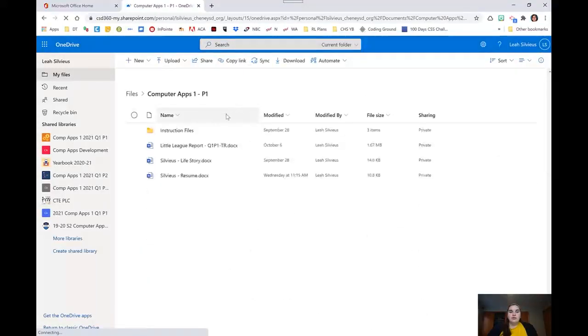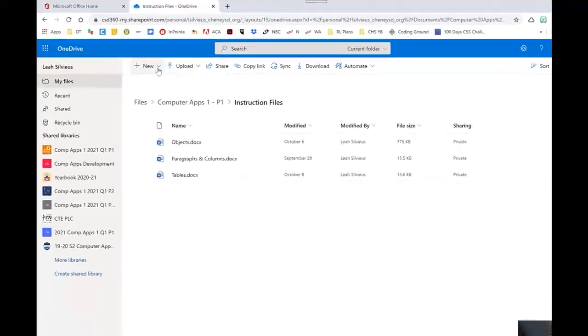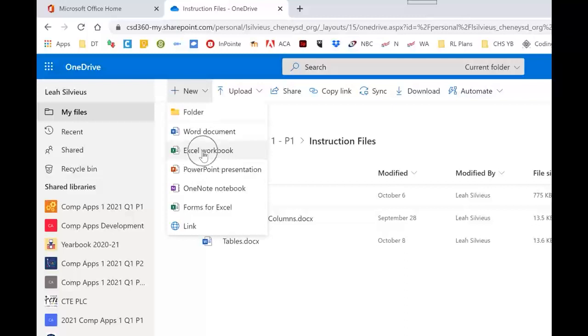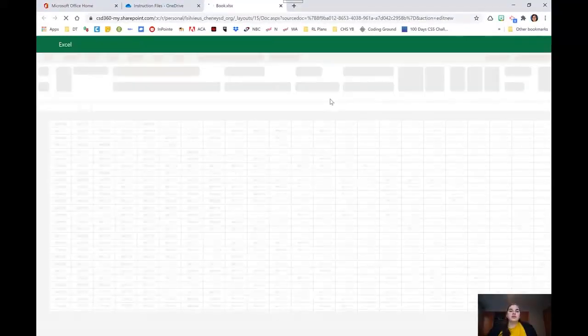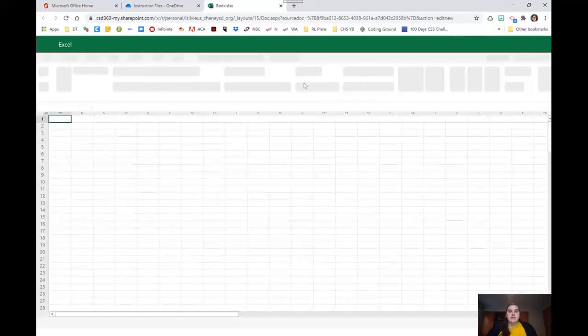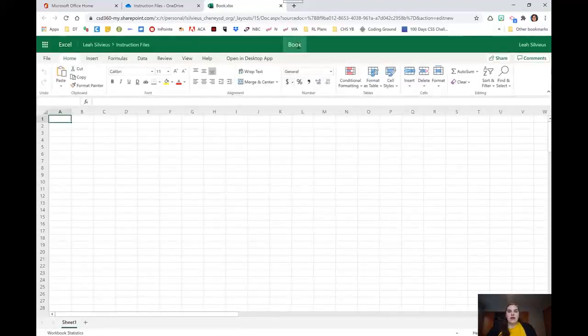Inside of that folder, I'm then going to go into the instruction files that we created, and I'm going to create a new file of an Excel workbook this time, not a Word document. And it's then going to open up at the top there, and I'm just going to name it once it loads to be our introduction to Excel. Actually, we're going to name it Excel Notes because we'll come back to it time and time again as we keep adding to it. So instead of it saying book here,